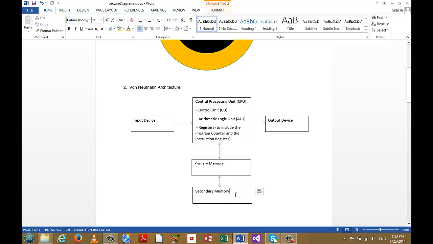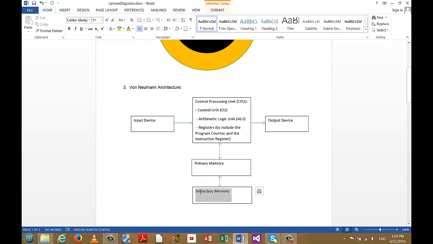In years past, that may have included things like magnetic tape and key punch cards. So a number of different devices have been used in the past to serve as secondary memory. But whether it's key punch cards or solid state circuitry,